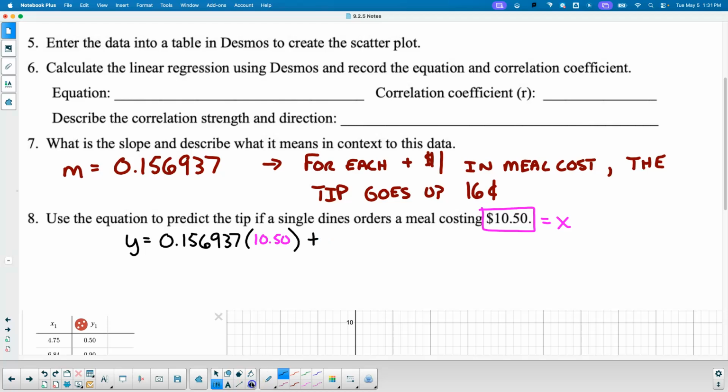Oops, not plus, that's a minus. $0.156937 times 10.50 minus 0.299229. I get the tip should be